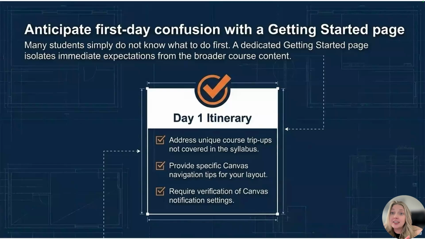And so just to kind of add on to the getting started page, another option that you might take would be to give them a day one itinerary. And that is going to look different depending on your course level, depending on if it's reasonable that they might have had you already in a course just based on your program. You'll want to tailor that to the level of the student and to your course. But whether or not this is their very first college course or if they are working on their master's in healthcare administration, still, we want them to know here's what you need to do on the first day and the